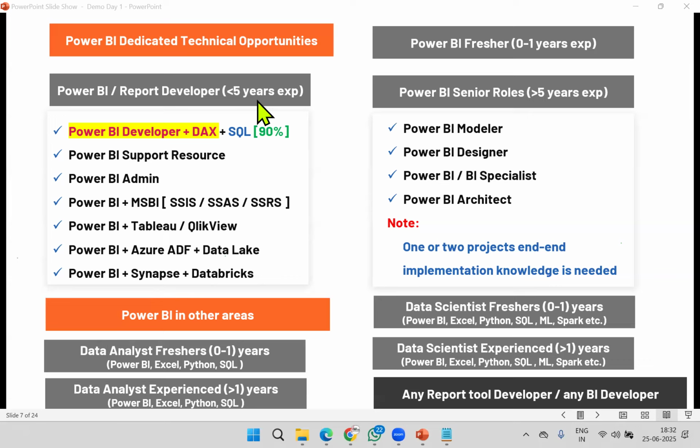Sir, I'm a 17-year experienced guy, and I want to try along with Power BI. And in Power BI, I want to keep more experience possible. Guys, above 5 years, the current learning is not sufficient, to be honest, because modeling, designing will come up with experience, 1-2 projects experience. If you work end to end, 1 or 2 projects, then only you can try for these positions. These are highly remunerated positions, and minimum package for these positions 25 lakhs in Indian currency. Minimum companies offering.